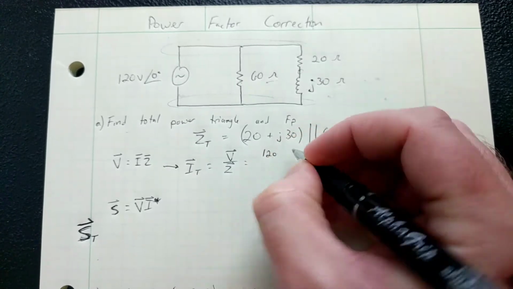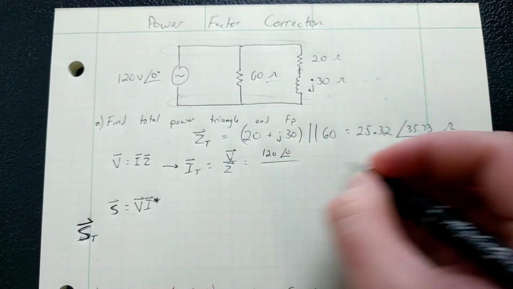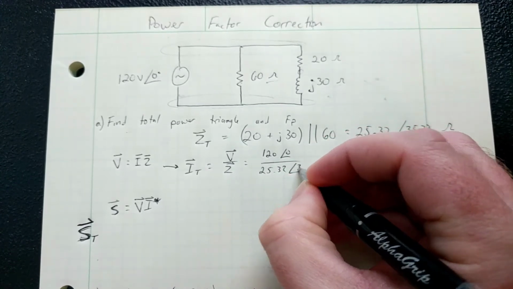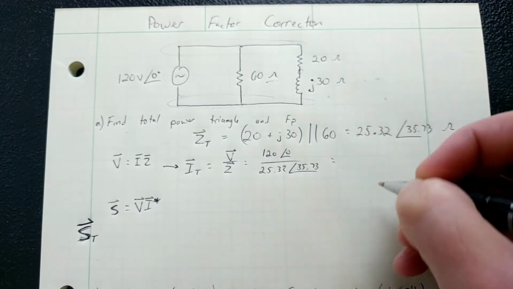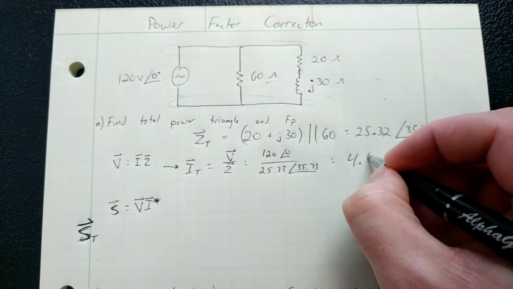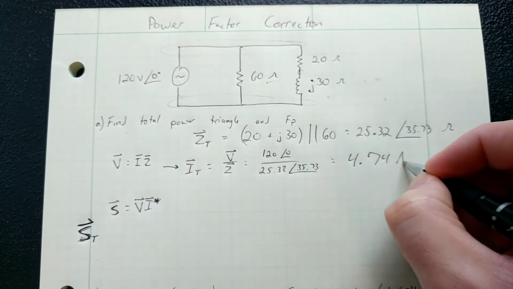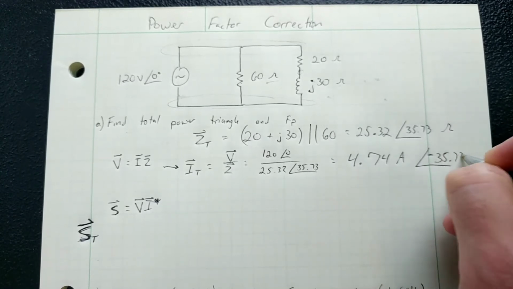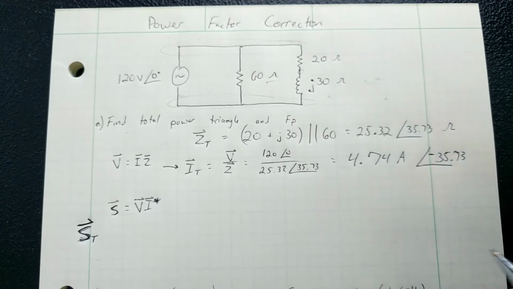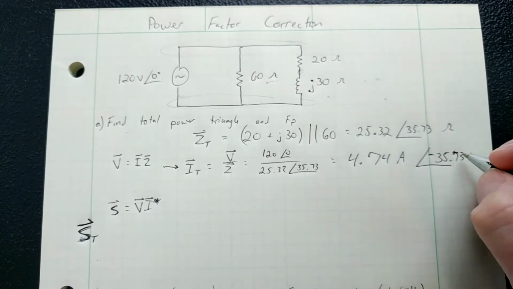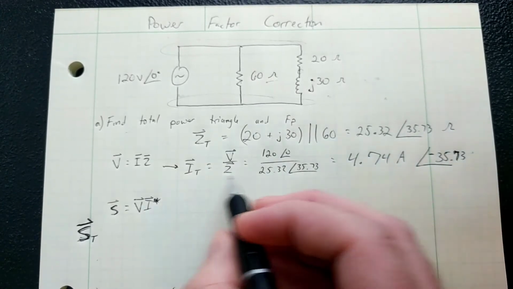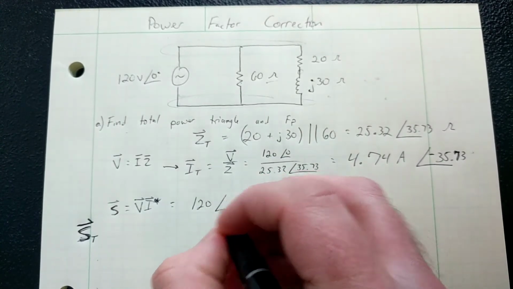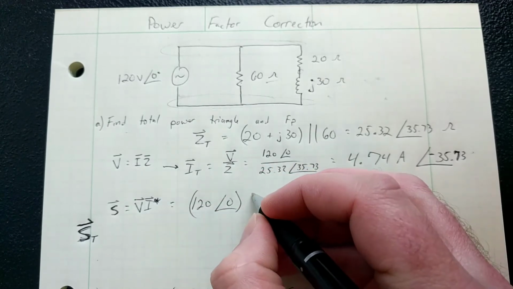The V is given in the problem statement, 120 angle 0, over Z, 25.32 angle 35.73. That gives us 4.74 amps angle negative 35.73. That's supposed to be a 7. All right. So now we have I total. We can plug each of these in. V, it's the same V that was given in the problem statement. The I,